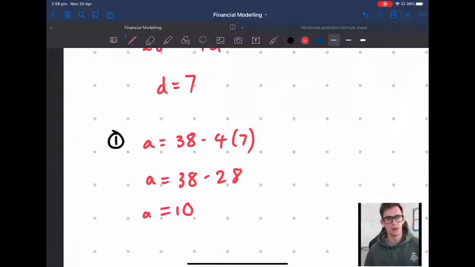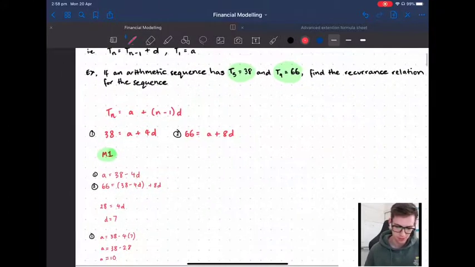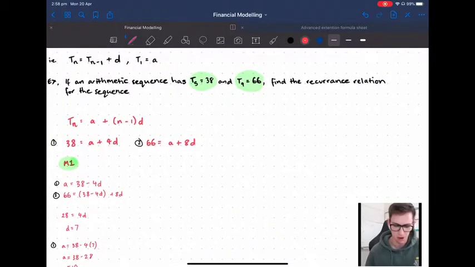Cool. So now I know what A is, and I know what D is. I can go back and write the recurrence relation for this sequence. Because that was what it originally asked me to do, was write the recurrence